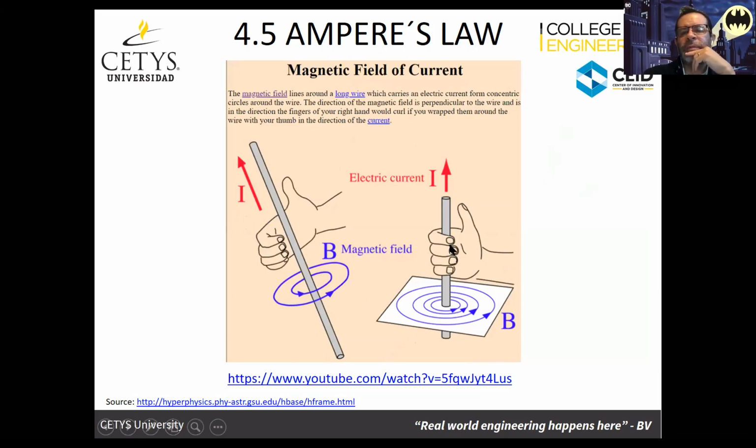And so this is what we have been talking about previously, which is basically the first right-hand rule. It has to do with a current going through a conductor: the thumb indicates the direction of the current, and there's going to be a magnetic field going around it in concentric circles that are parallel to each other. Remember that the magnetic field doesn't